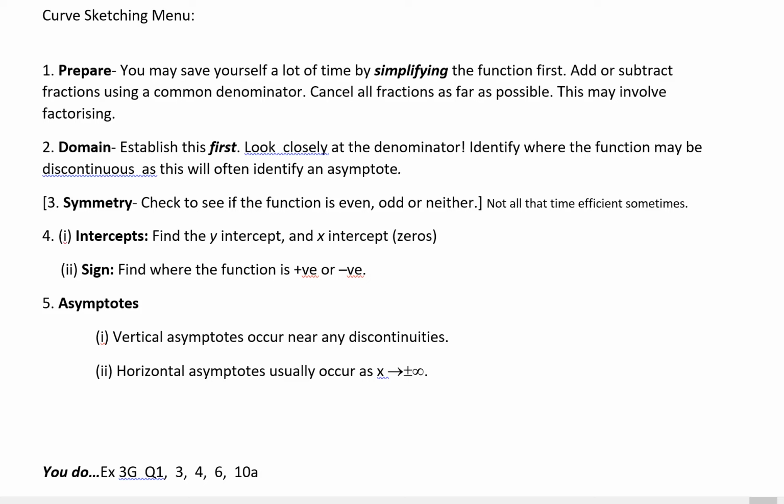And it's always good to know you can fall back on this. So step one, I would say, if you're sketching a graph just because you want to develop a graphical understanding of what's going on, or because a question has instructed you to draw a graph, number one, you can save yourself a lot of time by simplifying the